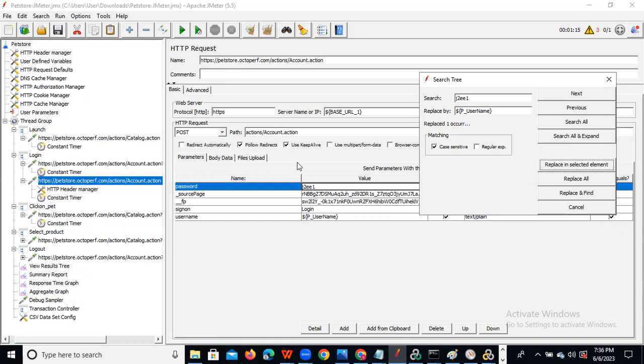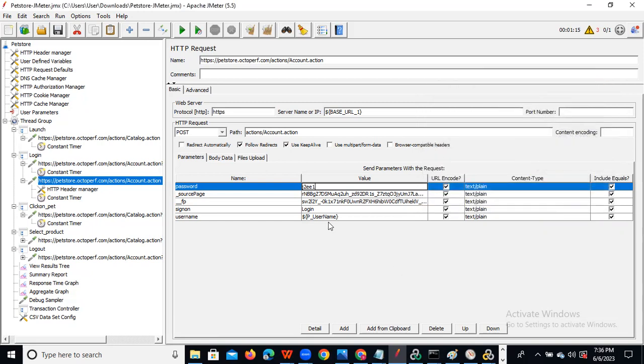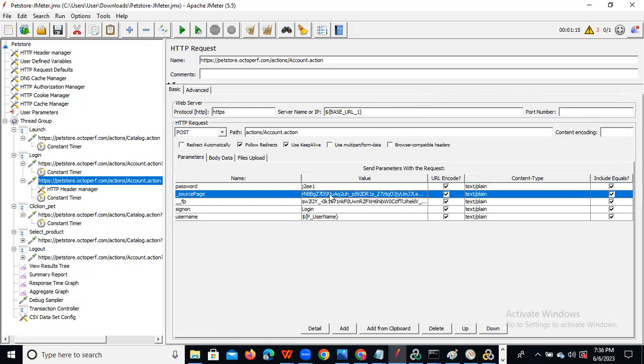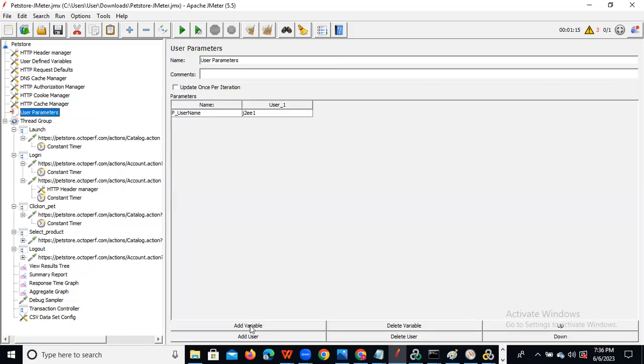So the username, only one time, right? That is why I did that. And now you need to do it for the password also, right? The same thing you can do. You need to add a variable and give the variable name as p underscore password. Okay, this name you can copy